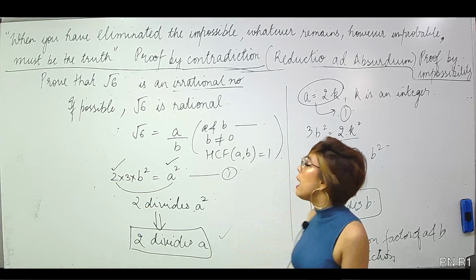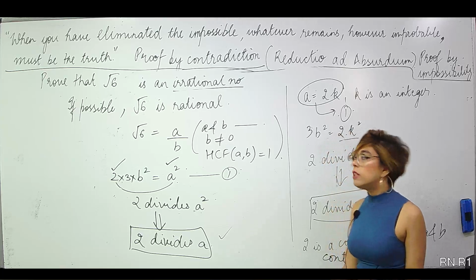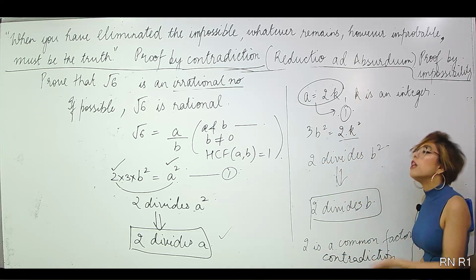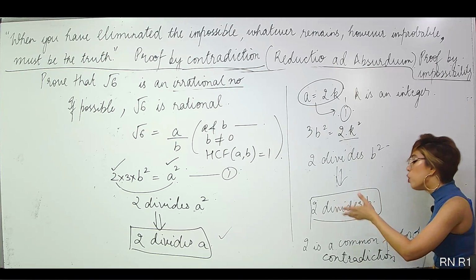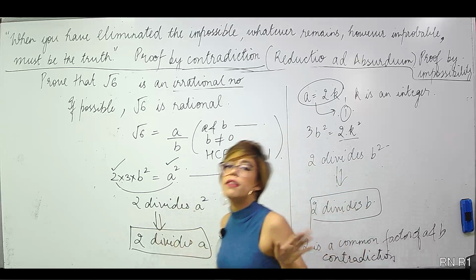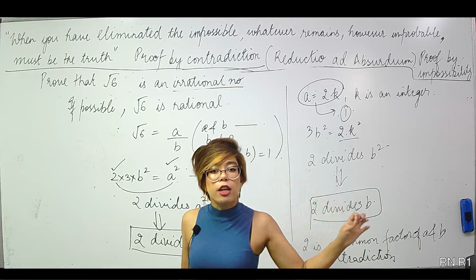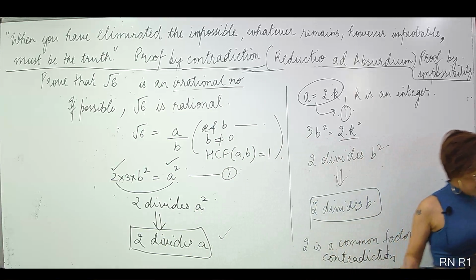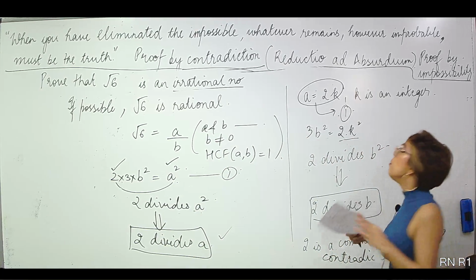Right? Some kids would be like, ma'am, do we have to do it with 3 as well? No. Because contradictions are again, no? If you just take one of the prime factors, you will arrive at a contradiction. So you do not need to talk about both 2 and 3. You can either take 2 or you can take 3, whatever you like. Alright? Okay, next one. Prove that